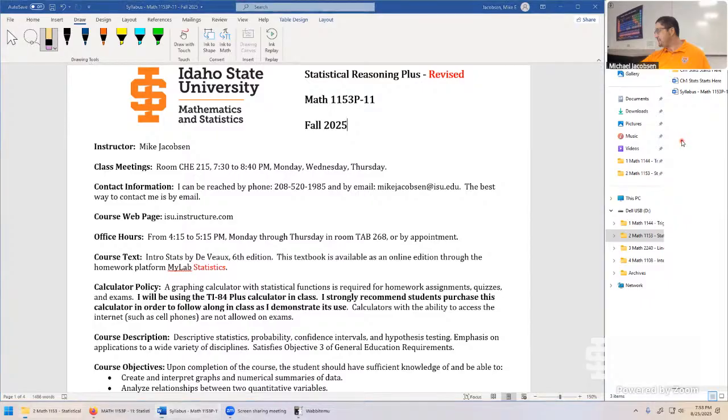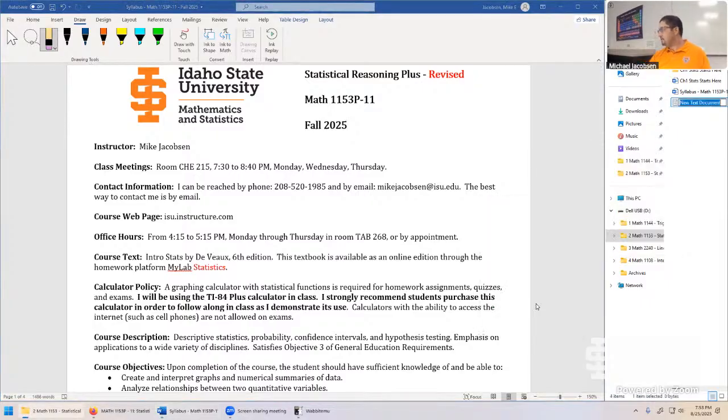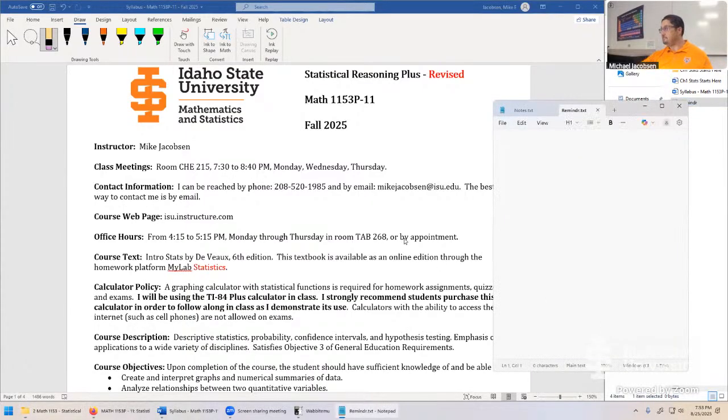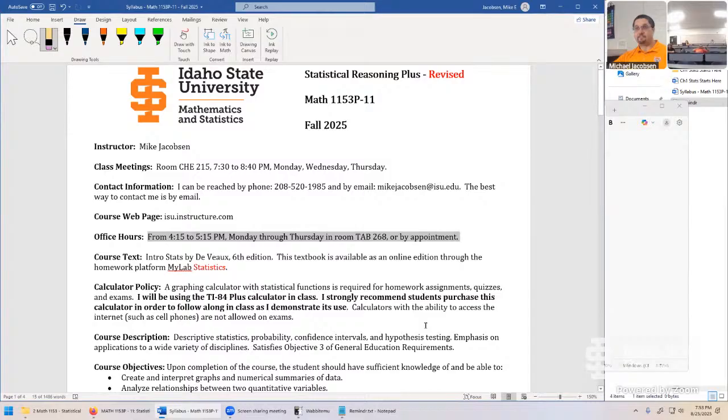Okay, I do have a revision here, so let me give myself a personal note. So I got a question. Yeah. So where it says office hours from 4:15 to 5:15, that's where it's going to be available. Exactly. In person? Yeah, absolutely. I actually skipped this line. Thanks for spotting that. Yeah, these are going to be completely open walk-in office hours.